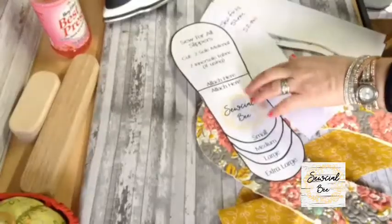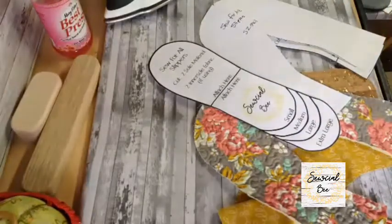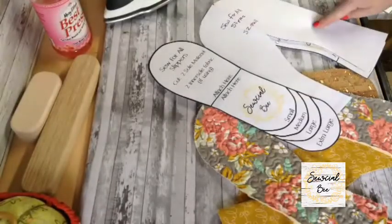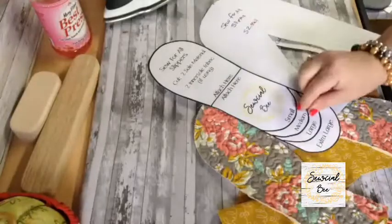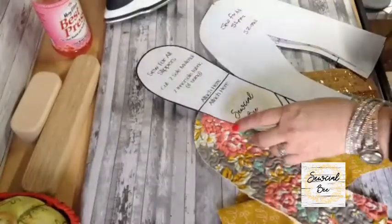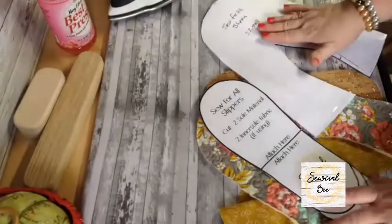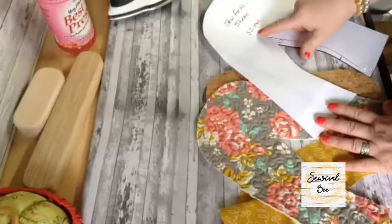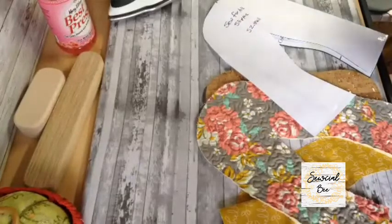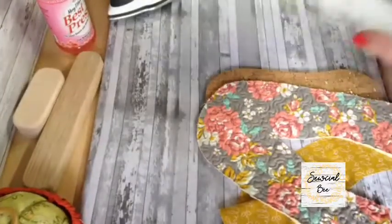Now, don't let this stop you if your foot is smaller or larger. Okay. The difference in shoe size is literally 1/4 inch. So if you're looking at the difference between a 7.5 and an 8, you're looking at 1/4 inch. So for a whole size, that's only, you know, a 1/2 inch or so, depending on your manufacturer and all of their good information there. But for me, I chose the size small. I know that works for me. I measure my foot out. In the pattern, it will give you exact measurements for each pattern piece, but that is in the pattern. So